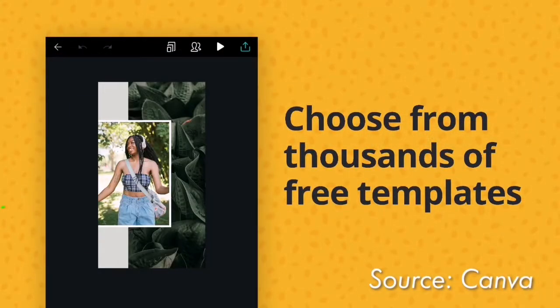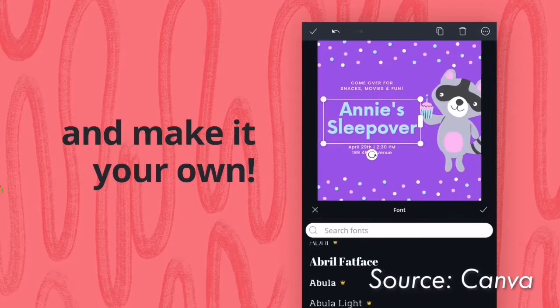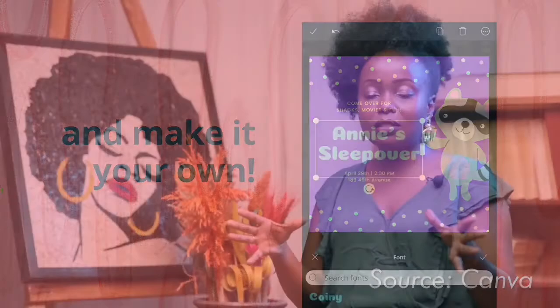So the first app I'd like to share is Canva. Now Canva, there's a free and paid version of Canva. I personally use the paid version because it has a wider variety of templates. It has templates for almost all the social media platforms. That's Facebook, Instagram, Twitter, and it is good in helping you create your own image,